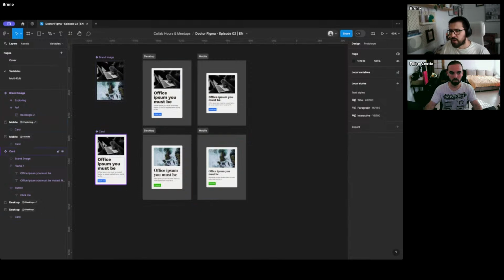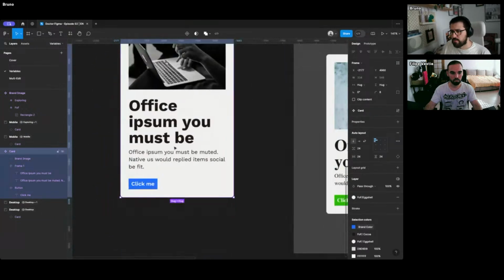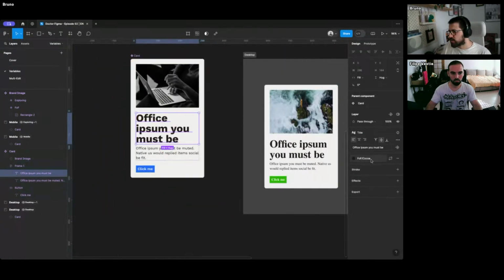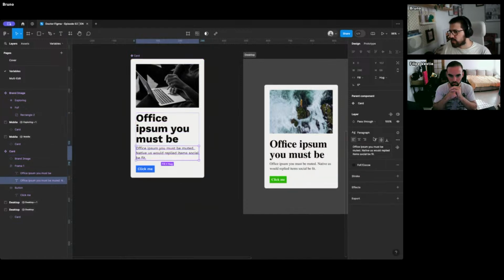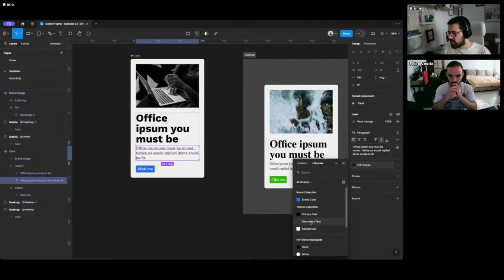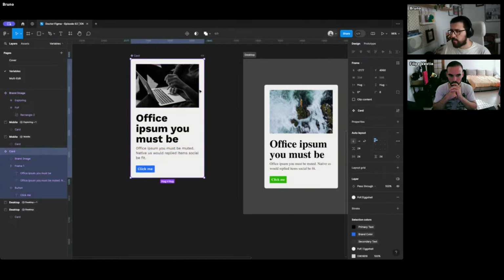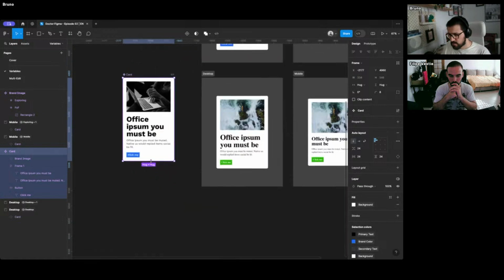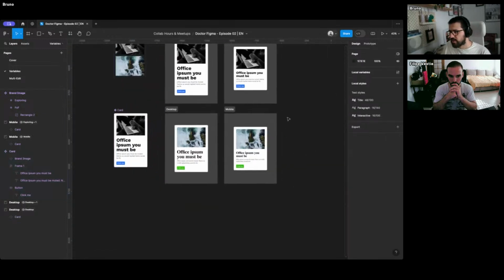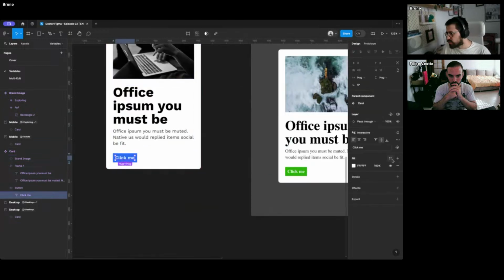So we can come here to our card, to the main component, and on the main component we're going to start applying colors the way that we feel fit. In this case, we want this to be primary text. We want this one here to be secondary text, and then our background is going to be the background color. Just doing this already allows us to do something really cool, which is, oh, actually, I'm missing this one. This one should also be,